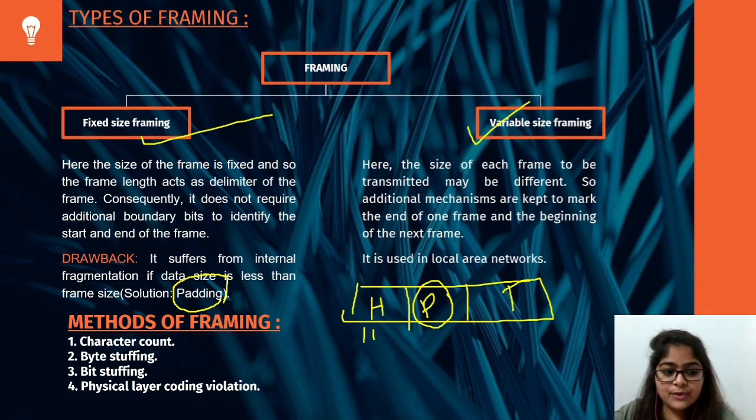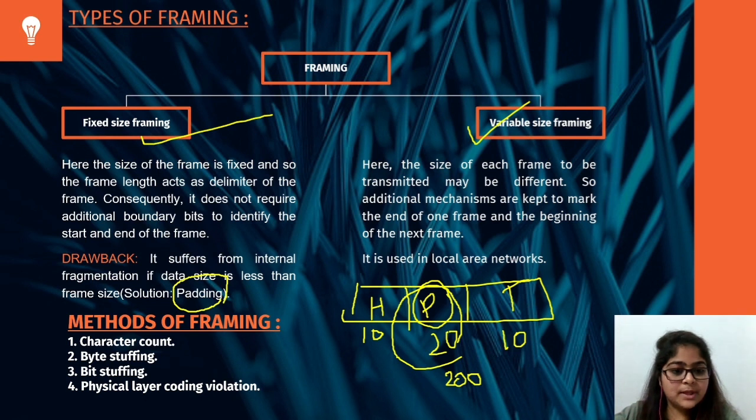Let's say the size of header is 10 bits, size of packet is 20 bits and size of trailer is 10 bits. And we have to transfer the data of 200 bits. So in fixed size framing, we will require 10 such frames to transfer the data, whereas in variable size, we will require only 1 frame. This is the basic difference between both the frames.